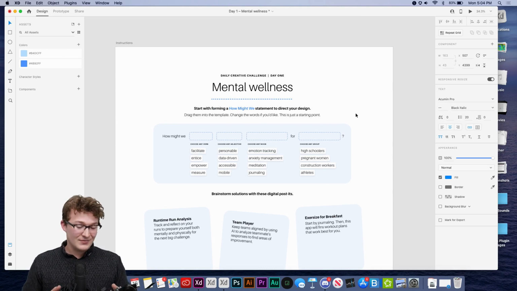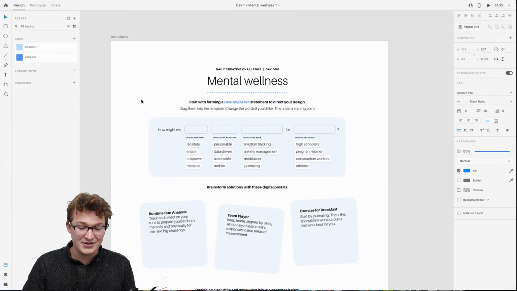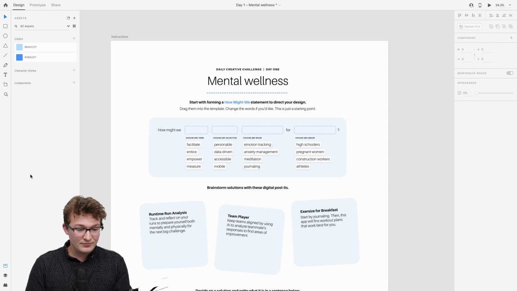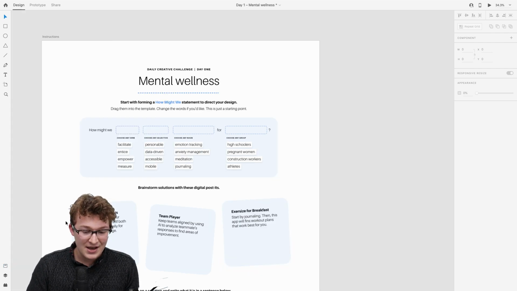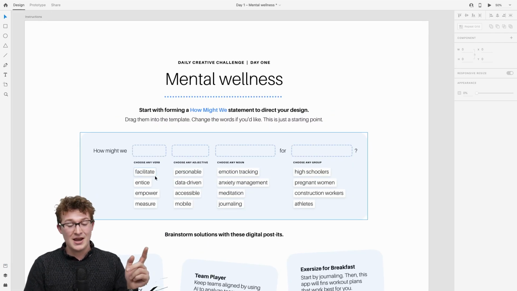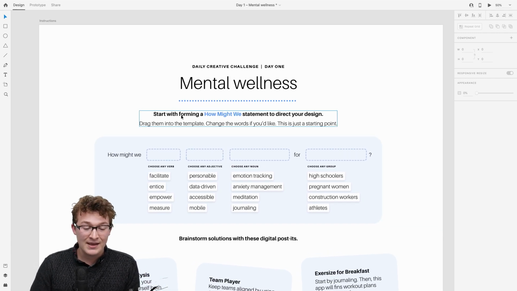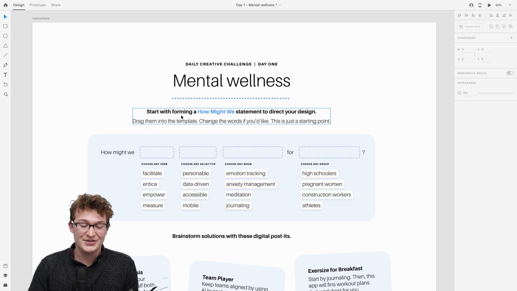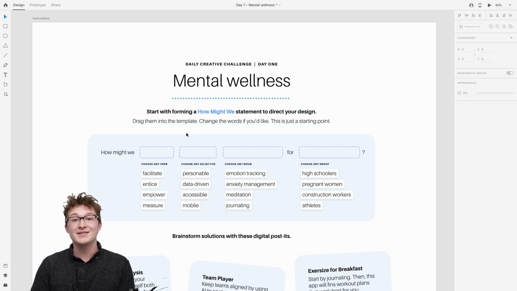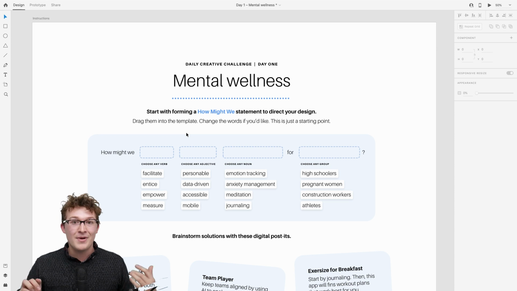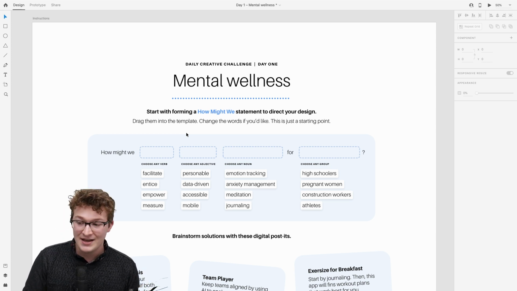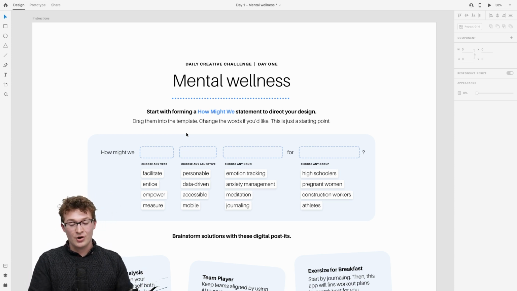So if you've downloaded your Daily Creative Challenge starter file, then this should look familiar to you. We're talking about mental wellness. Okay, so Daily Creative Challenge, this is day 1. We have a few more days left of this, and it's going to be a blast. So this is going to be different than what you're used to if you've done other Daily Creative Challenges because you get to craft your how might we statement, and your how might we statement is going to be what crafts everything that you center yourself around